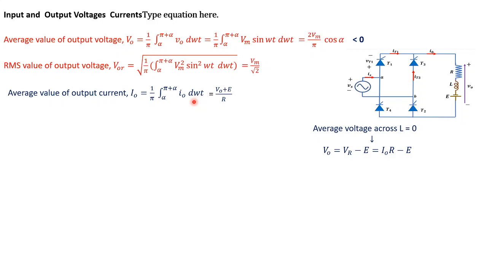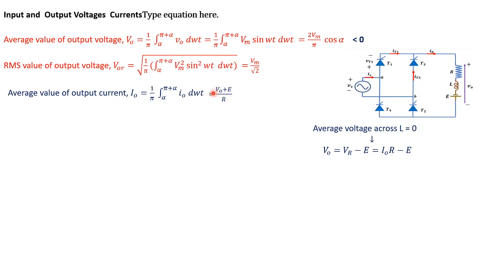So please go through these formulas. Already we have discussed how to compute average value, so please go through it. Now here, we know the voltage across the battery has negative polarity, so its value is going to be negative with the given polarity, that is, upper terminal positive, lower terminal negative. So that is the reason why it is referred to here.